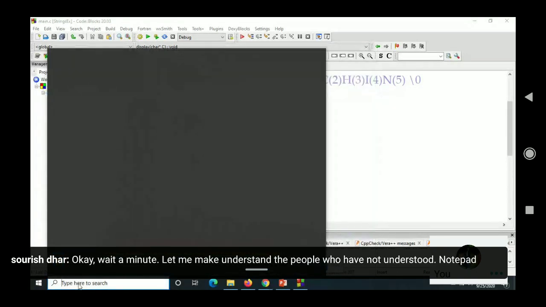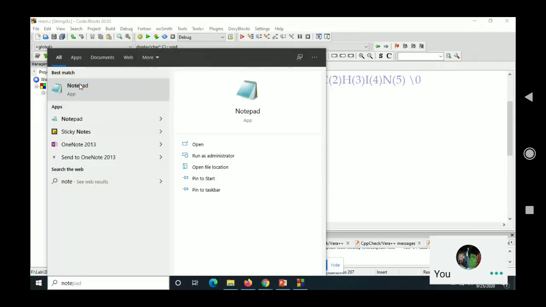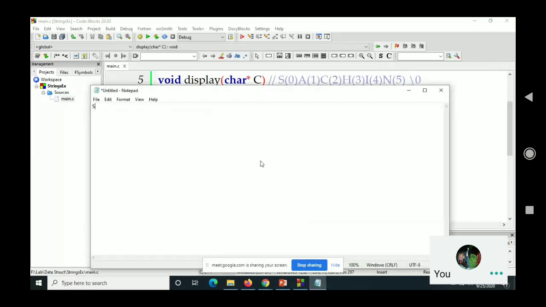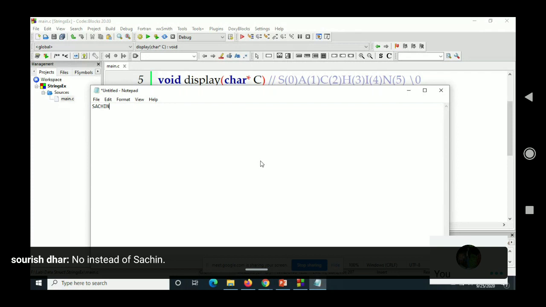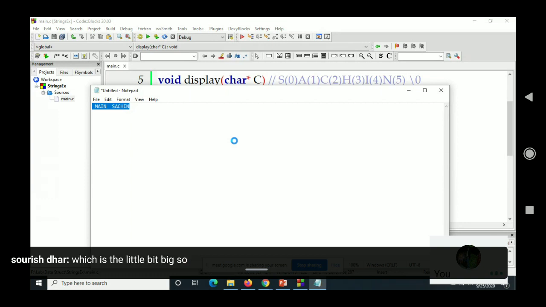Notepad. Instead of Sachin, if I'm passing Sachin from the main function, I'll make the font a little bit bigger so you can understand.